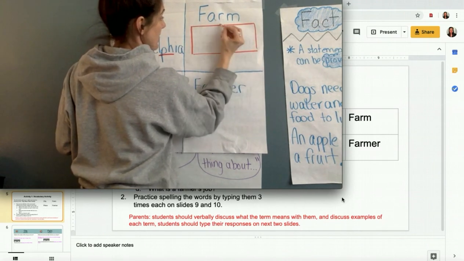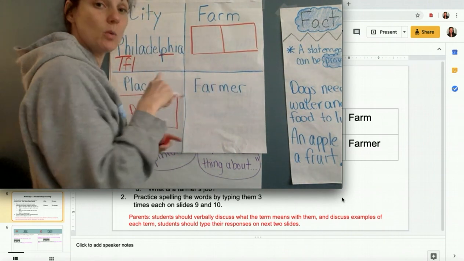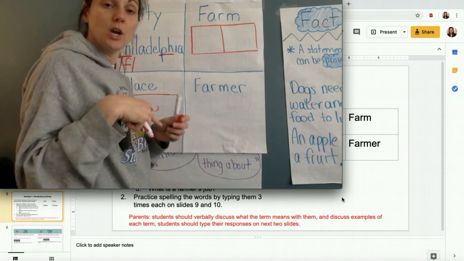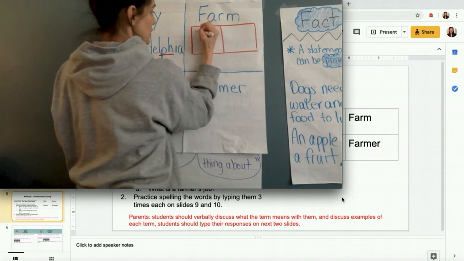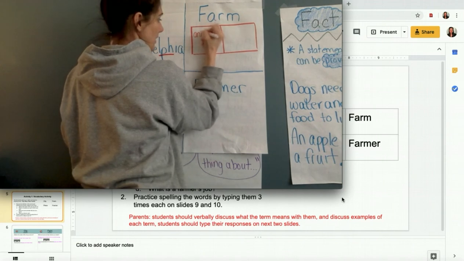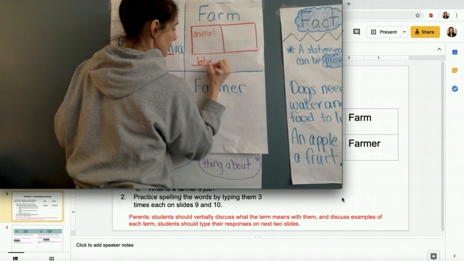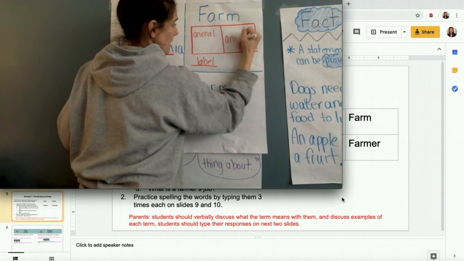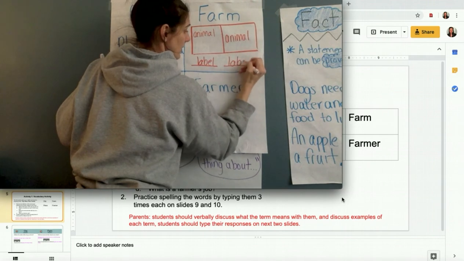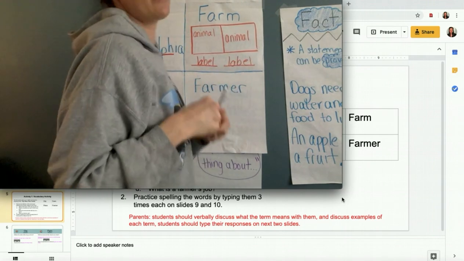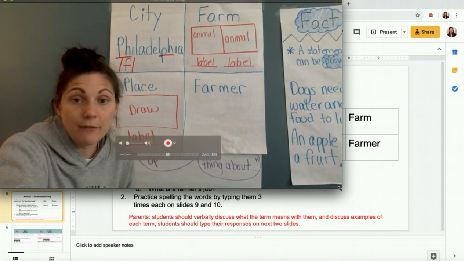So I'm going to draw a box here. Again, you don't need to draw these boxes. This is just to show you what's expected of you when you finish your work on paper and then take a picture and upload for me. So you're going to draw an animal here and, of course, label it. And you're going to draw an animal here and, of course, label it. So these are animals that live on the farm. And then finally, for farmer,